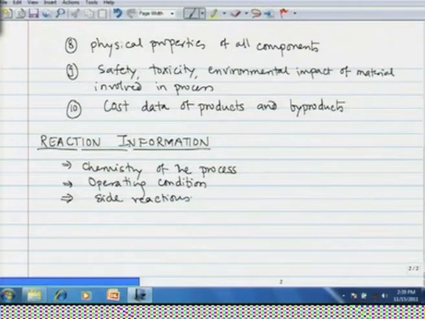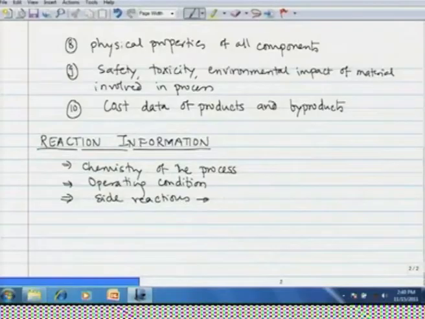Now, side reactions may not be detected in a laboratory experiment. Laboratory experiment is carried out on a much smaller scale. Therefore, it may not be possible for a chemist who is doing the experiment to list all the side reactions. However, one must be careful to know these side reactions and the extent of these reactions, because any side product that is formed maybe on a trace level in a laboratory experiment can be detrimental on large scale, because it is produced on a much larger scale and then it can trigger many other side reactions, or it can spoil the yield of the process, so on and so forth.